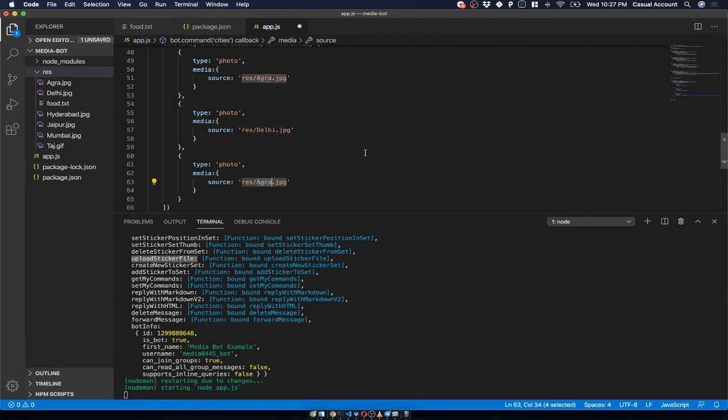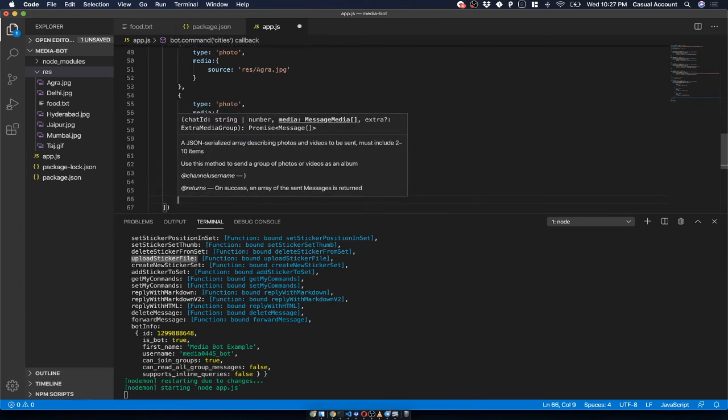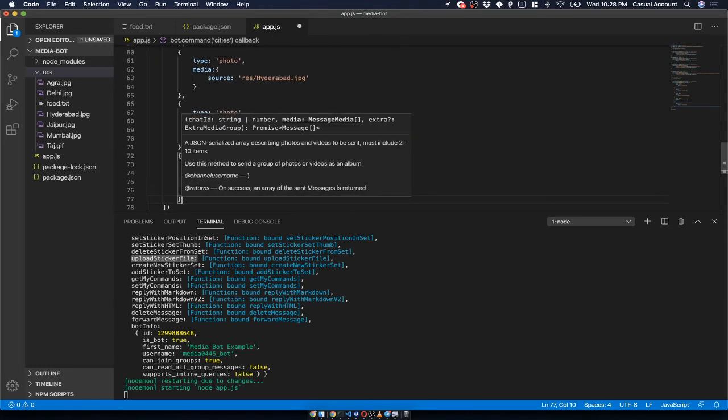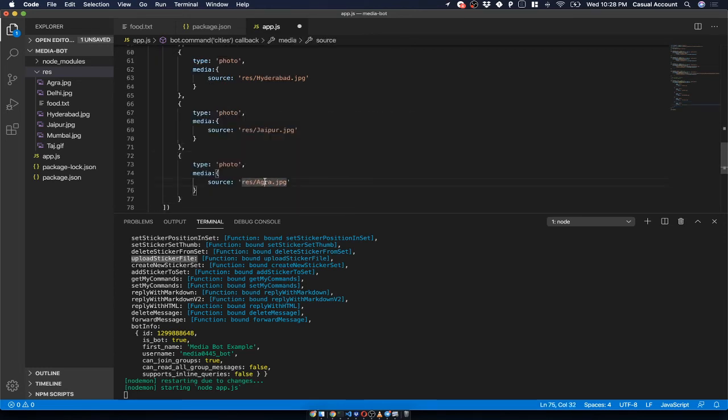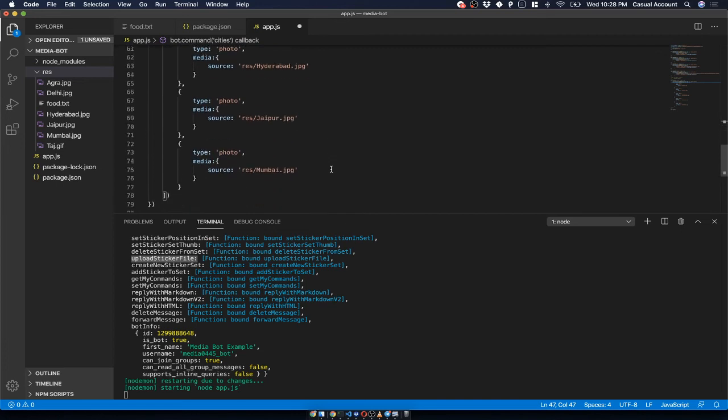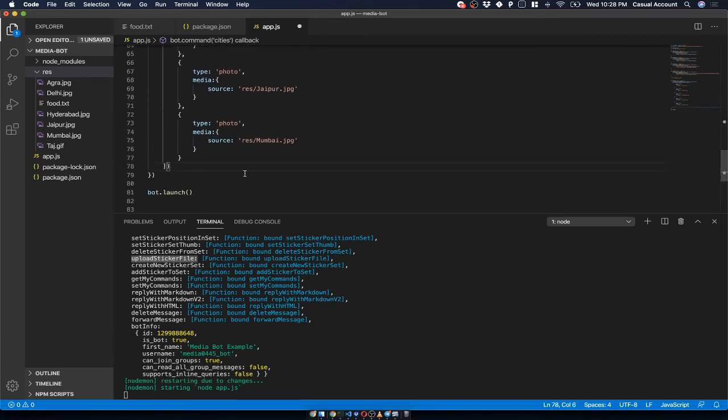Third one is Hyderabad. Fourth one is Jaipur, and the last one is Mumbai. Okay, so this is the array. This is the array of objects which you wanted to send.